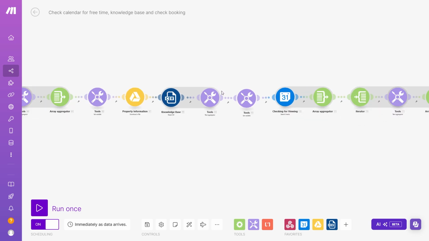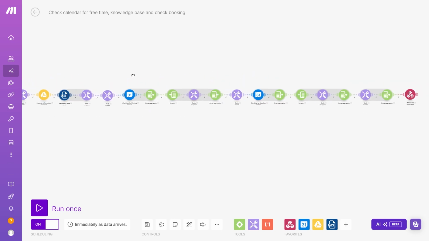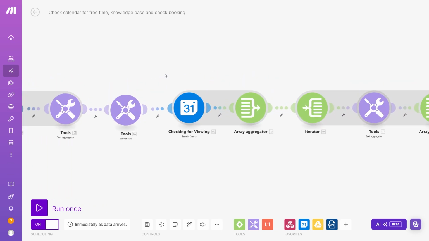The next ones are 2 identical ones. They're collecting information about viewings and then collecting information about meetings separately. We do that so that when the caller calls and wants to confirm something, they can confirm it by matching their name and the time of a meeting. That gives a bit more data privacy, so we don't leak information about the people. We're going to add those parameters in later, but what we have to do here is a bit different: instead of a blanket search for all busy times,